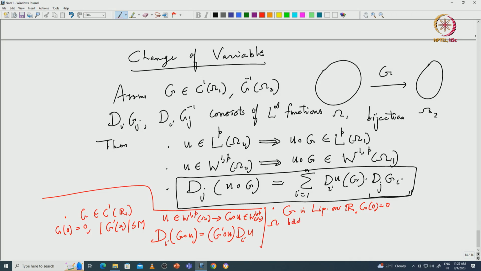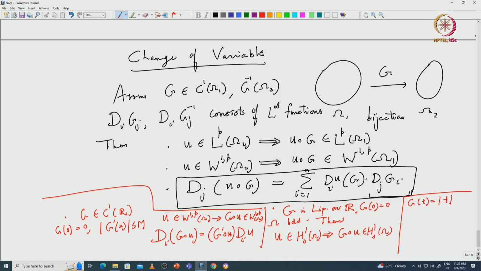Then u in H1 naught of omega implies G composition u is in H1 naught of omega. Similarly, you can prove this one. The corollary of this is very important, which we will be using: you take G of t equal to mod t,